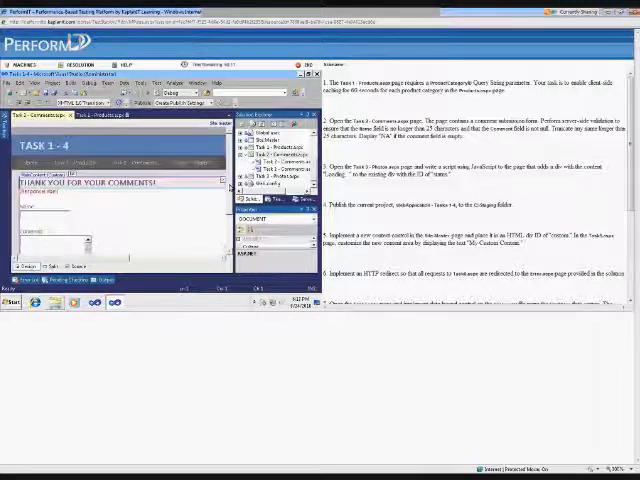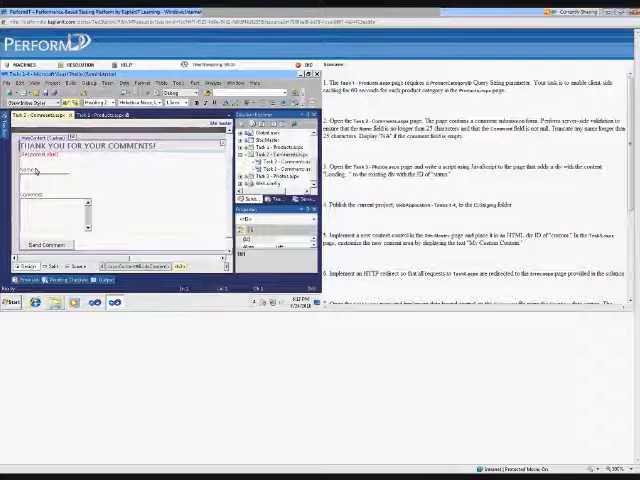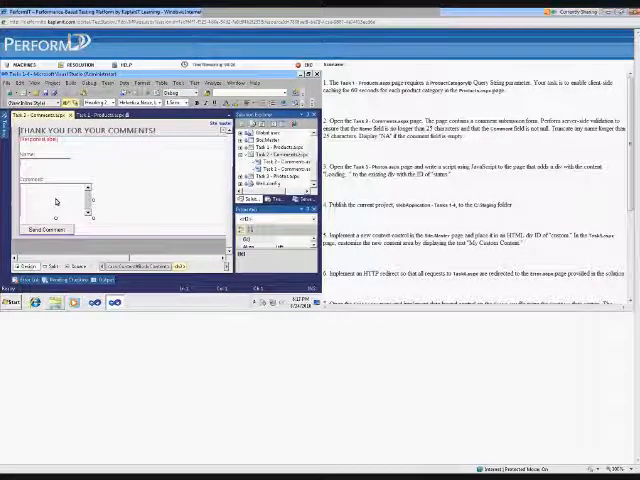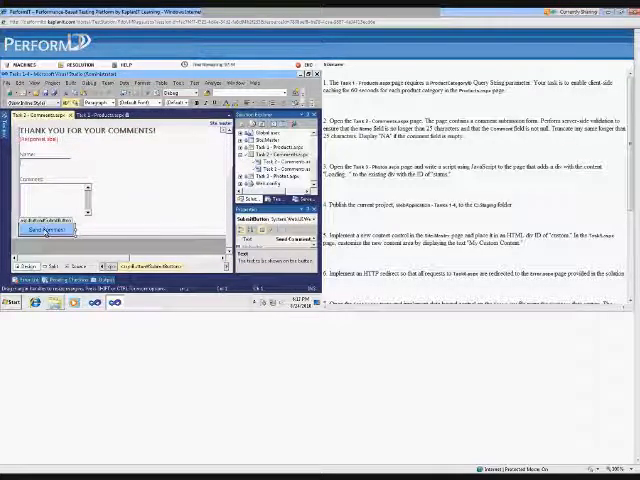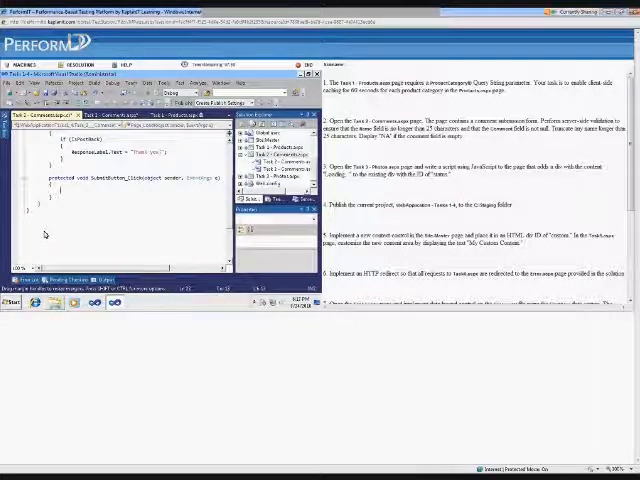So here's the controls that we're looking for. We have a name text box, and we have a comment box here as well, and then we have our send comment button down here. So this will be the submission. Obviously, we want it to perform server-side validation on this, so let's go ahead and double-click the send comment button. This will add the event handler in the code behind for us, and we're ready to actually start writing some